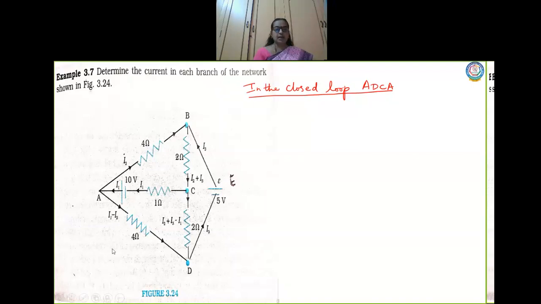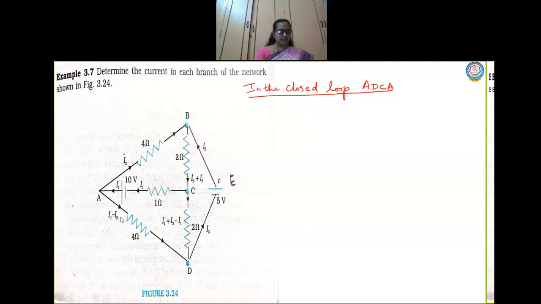Now here you have a battery. You have a cell here, so the psi value also will be there, and apart from that, how many resistors are there? 1, 2, 3 resistors are there. 3 resistors and a cell. So we are going to write the algebraic sum of the currents and resistors and also the EMF. Let us start with A.